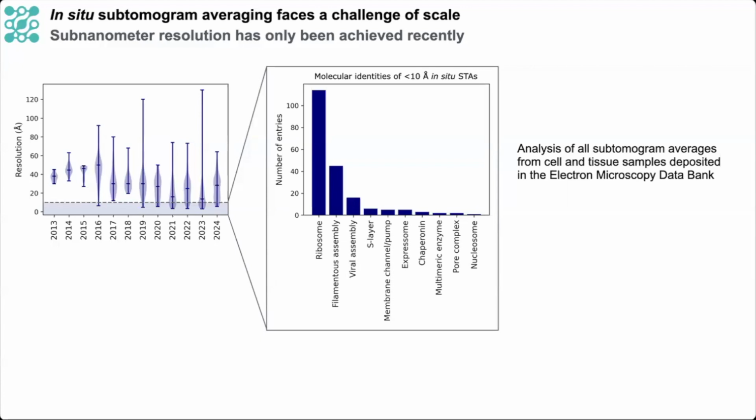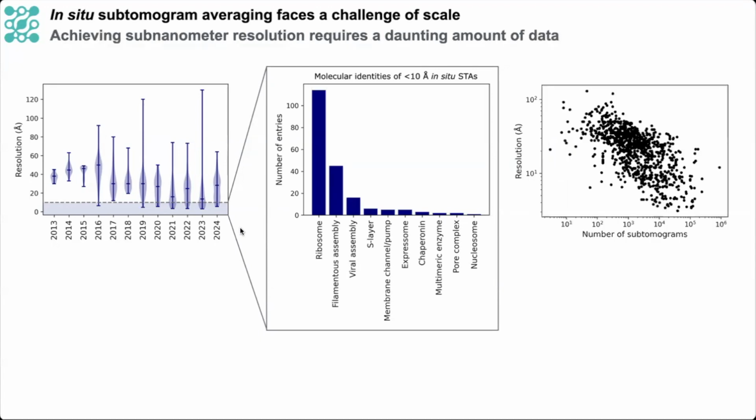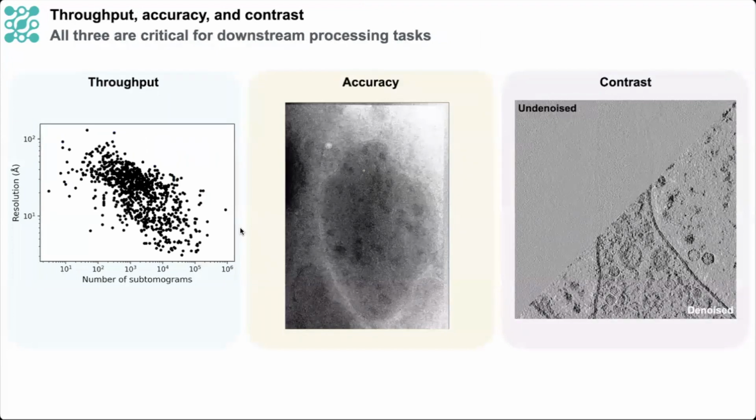A key reason why extending this workflow to new molecular species is so very difficult is simply the challenge of scale. As you can see in this plot on the right here, we often need to locate tens of thousands of copies of the molecule of interest, usually across tens to hundreds of tomograms, for high-resolution STA to succeed. As a result, throughput has been a key consideration in developing Artomo Live.